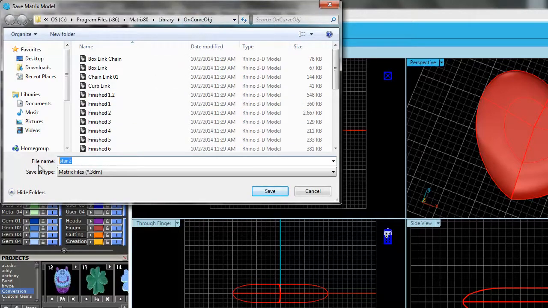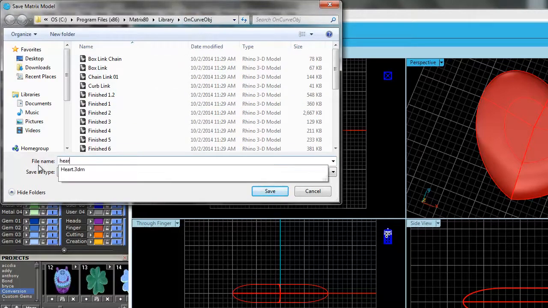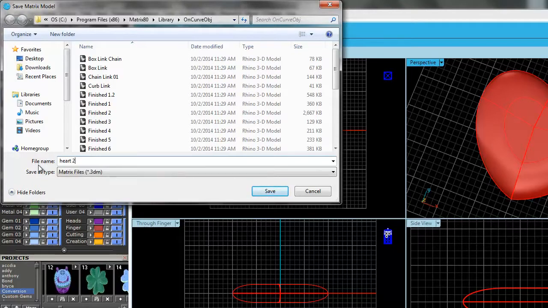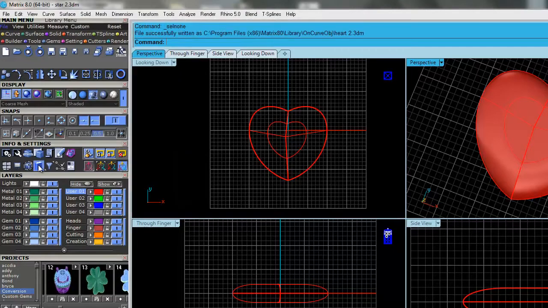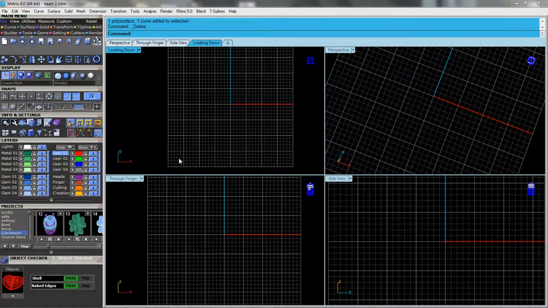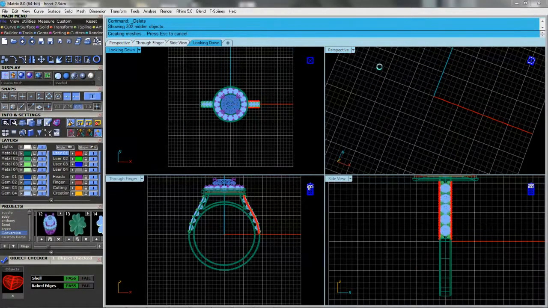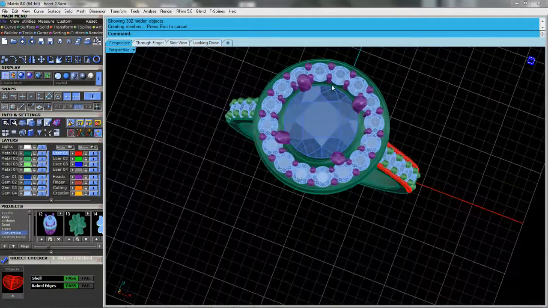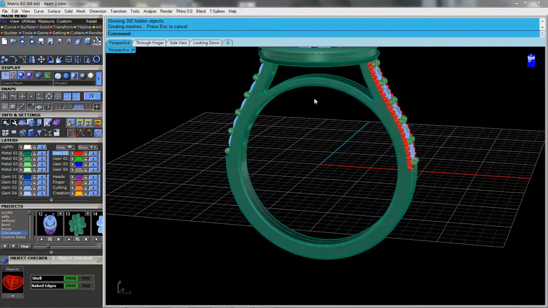Then we can simply name this. I've already got a heart in here, so let's just call it Heart 2 and press enter. Okay, so I can go ahead and delete that now. Let's bring back our ring. Here we go. Alright,